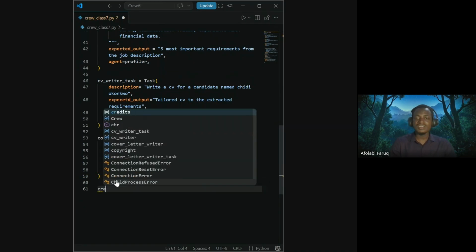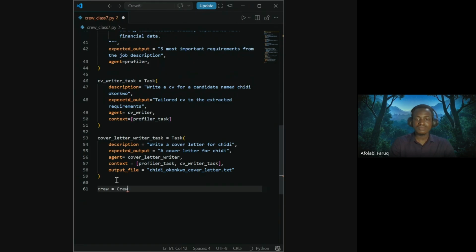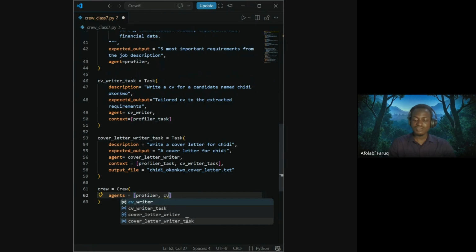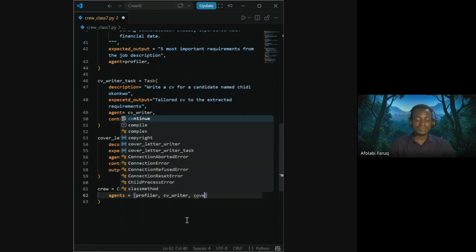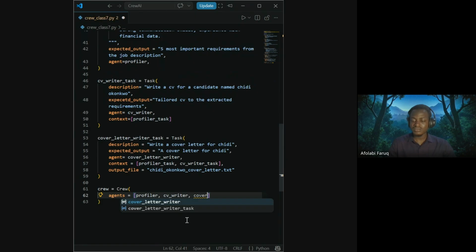Now, the next thing is the crew. So for this in the crew, we define the agents: the profiler, CV writer, cover letter writer.